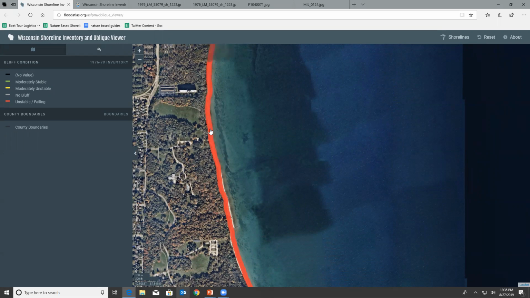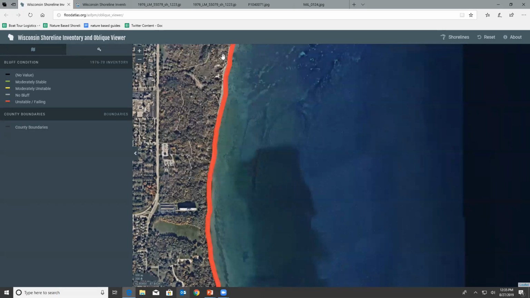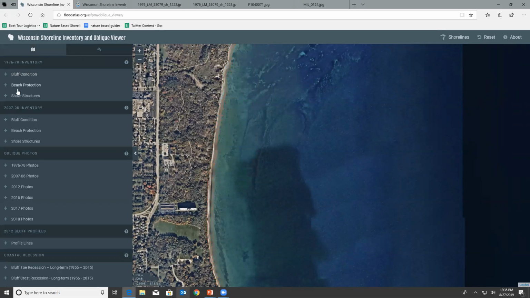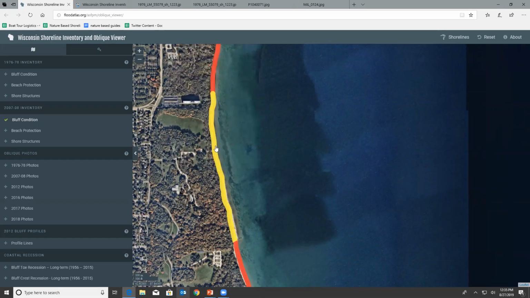You can click on the line to learn more about its classification. Details include things like the status of vegetation and apparent slope failure mechanisms. We can compare the classifications from the 1970s with those done in 2007 and 2008. Here we see that in 2007, the bluff is coded yellow for moderately unstable, which is an improvement in stability